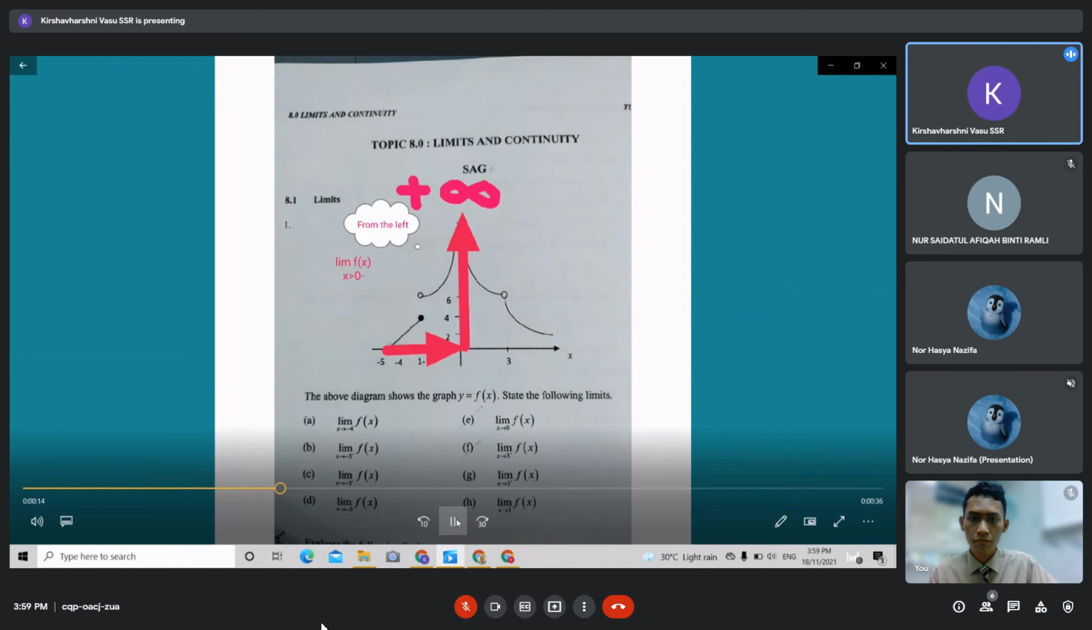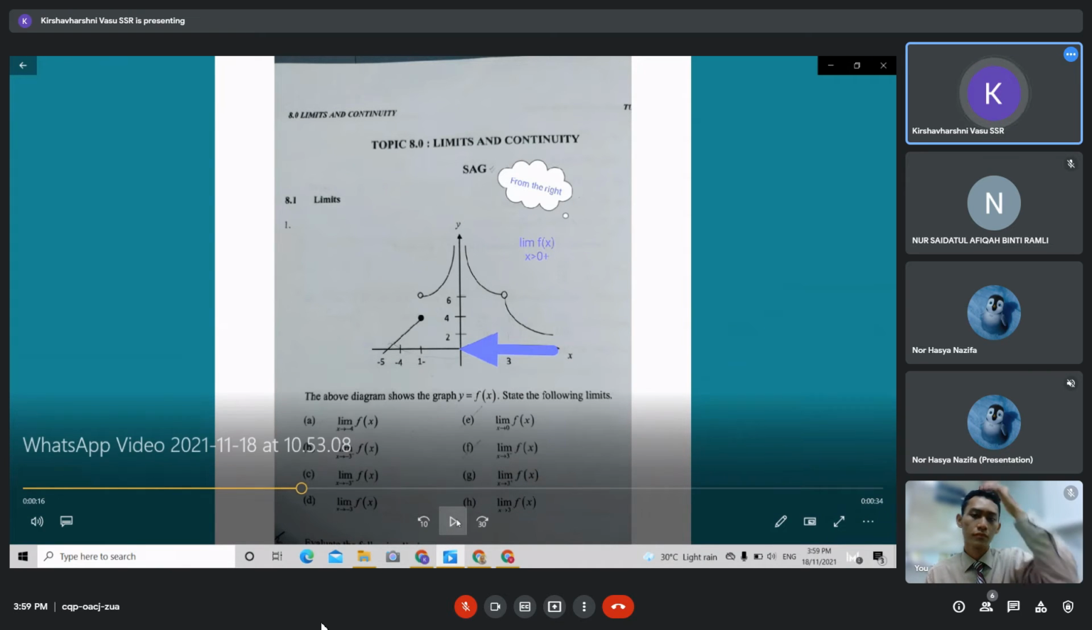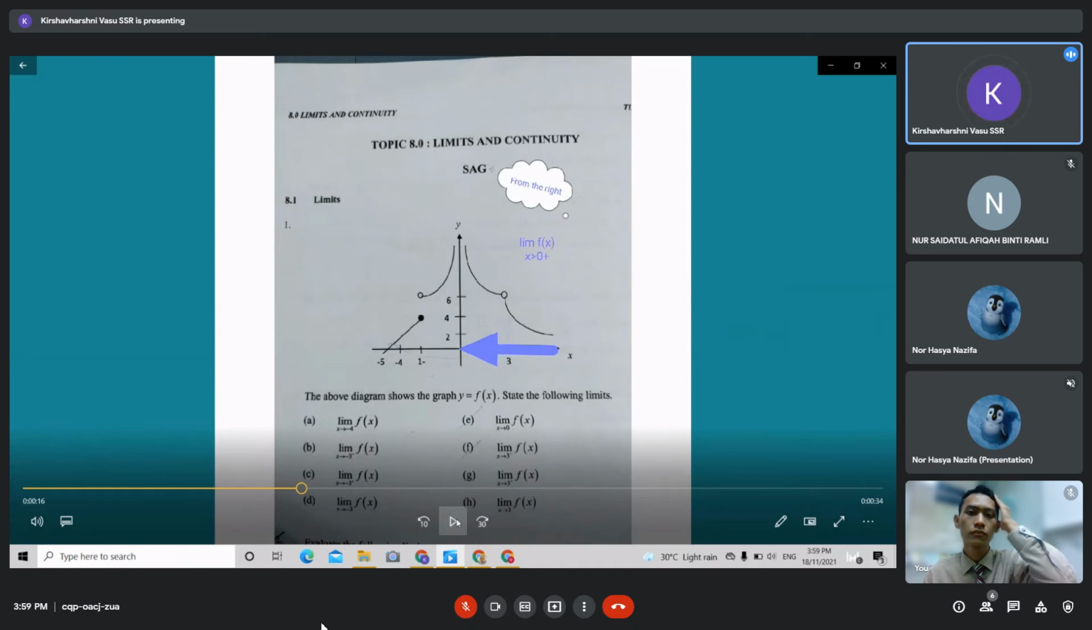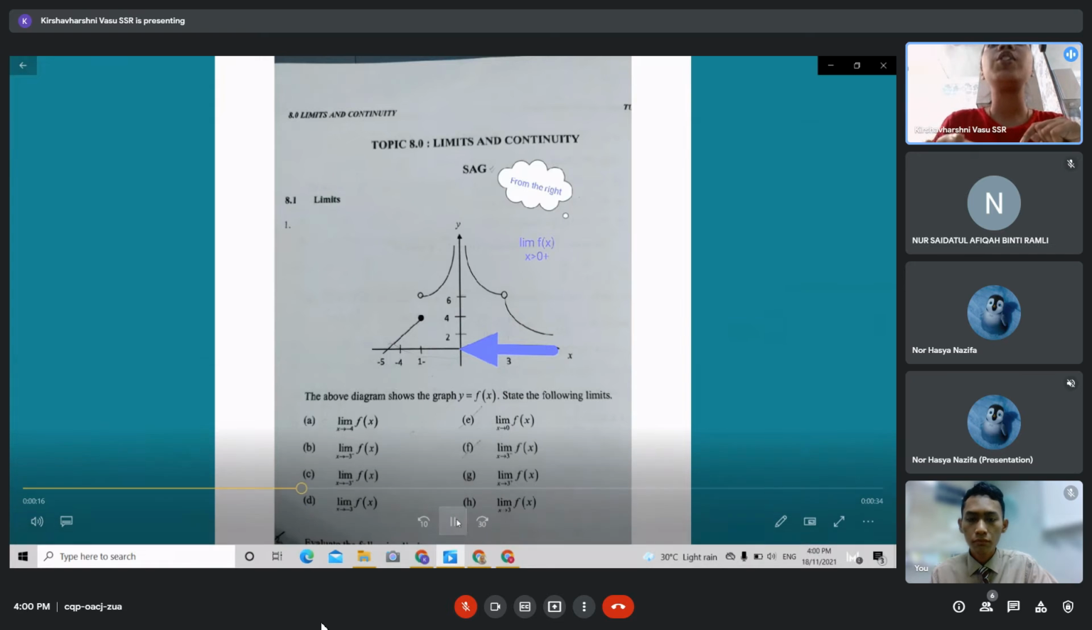Next, x approaching 0 from the right. Again, at this point, I would like to prove to you that in order to get the limit for x approaching 0, we should know the limit for x approaching 0 from the right. We have equation